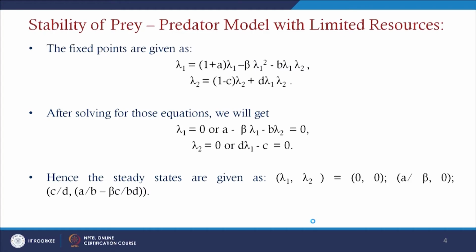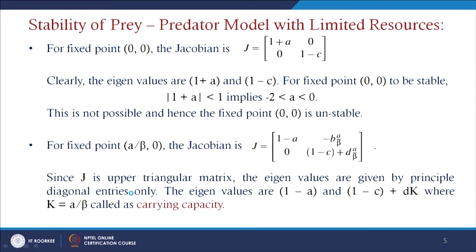Similarly, if you just put here lambda 1 equals c by d, we can get this lambda 2 as a by b minus beta c by bd. So, these are the critical points we can get for this system of equations here. And for this fixed point (0, 0), if you find the Jacobian, for the first entry we can